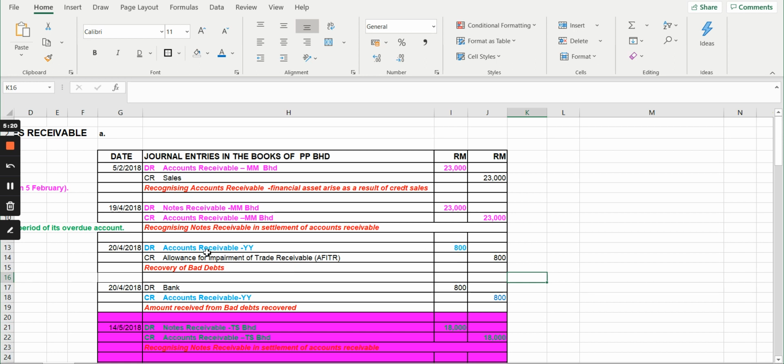Let's say they decide to pay only 600 out of the 800. Same goes here. The payment that you receive should also be the amount that you receive in cash or in check from the trade receivable YY. But in this case, it's the same as you earlier written off as bad. Next